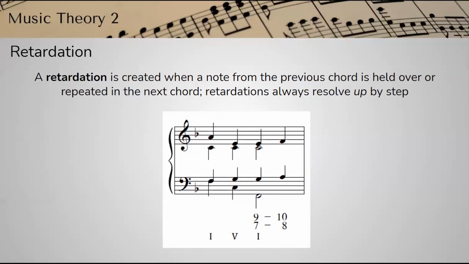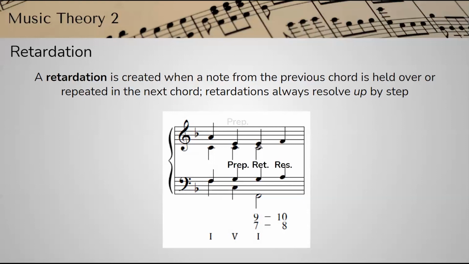So this one, like I said, we have 2 retardations on top of each other, which can happen sometimes. Same with all the other ones too, by the way. So here we have our first one, which is a 9 to 10, in this case, retardation. So that G in the 5 chord is the preparation. Then that G gets repeated in the tenor, and that G does not belong in that chord because that chord should be F, A, C. That G does not belong. So that is our retardation in this case. And then that resolves up by step to become the third of the chord, or the 10th. So we call that a 9-10